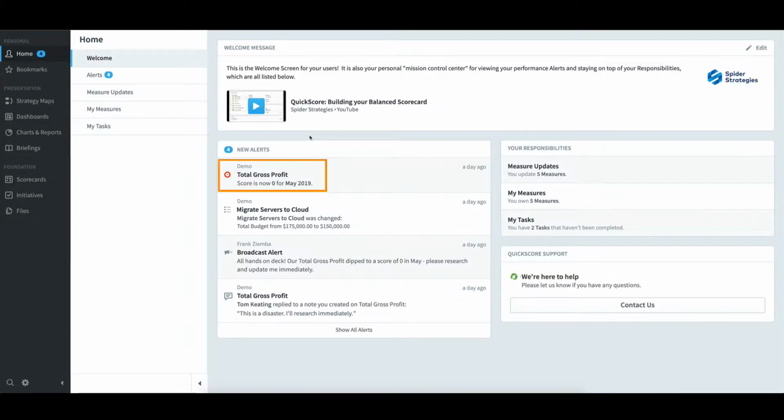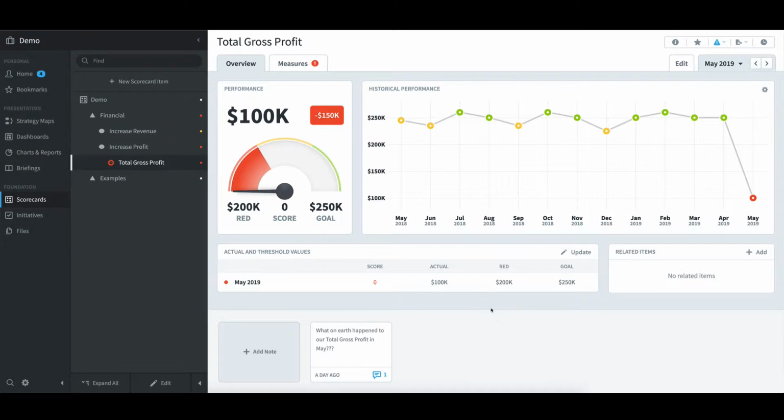At the top of the alerts list is a user subscription alert, which is alerting me that total gross profit has dipped to a score of 0 for May 2019. I can choose to either bury my head in the sand, or I can click on it to investigate it further. Since this is actually devastating news, I'll click on it. And from the detail,